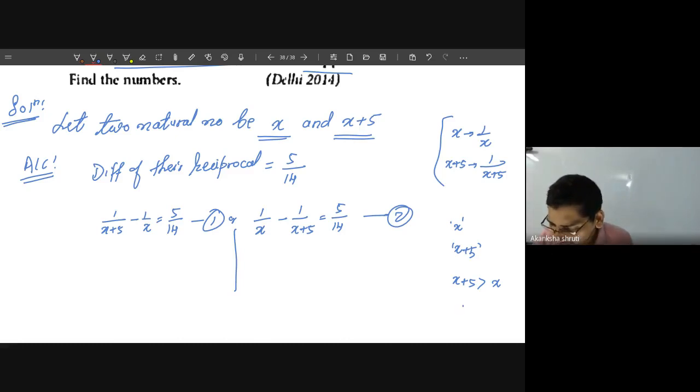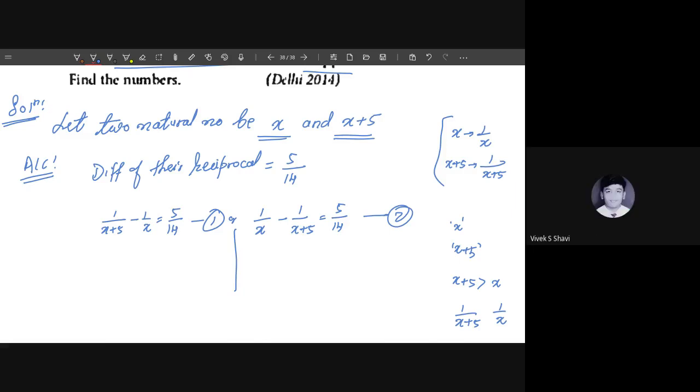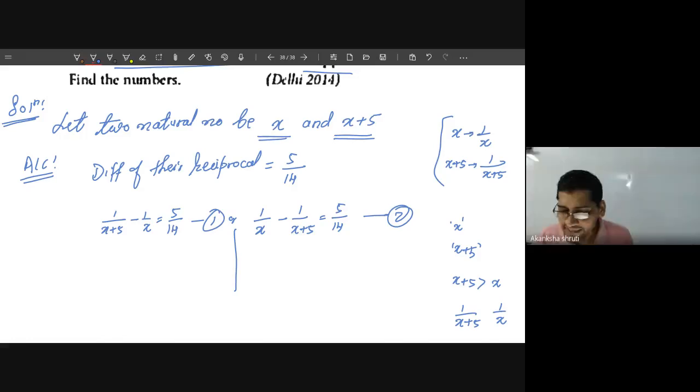अच्छा, अभी ये बताइए 1 बाई x प्लस 5 बड़ा होगा, मीन्स टेकिंग द रेसिप्रोकल, या 1 बाई x बिगर होगा? Which one will be bigger? Student, tell me quickly whether 1 by x plus 5 will be bigger or 1 by x will be bigger. 1 by x. 1 by x. गुड. तो आपको ये पता है डिनोमिनेटर जितना छोटा होता है वो नंबर उतना बड़ा होता है, और डिनोमिनेटर यदि बड़ा हो जाएगा तो उसका वैल्यू कम हो जाएगा उस फ्रैक्शन का. तो यहां देखिए 1 बाई x प्लस 5 is bigger, so this will be smaller.